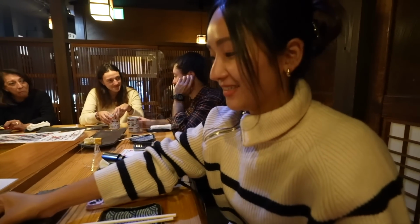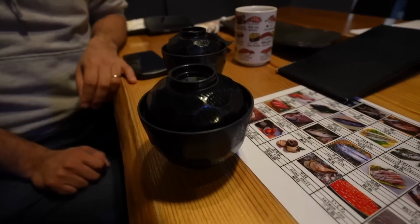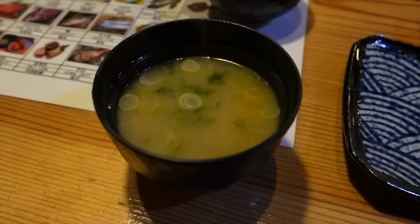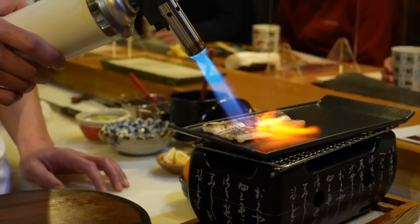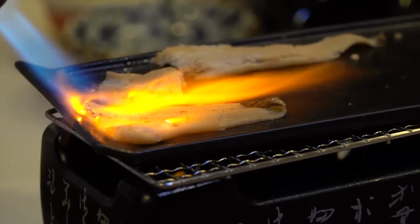Alright. So we were offering them to our team, and it was a great chance for me to go. A woman just appeared behind me, slid the door open, and came with miso soup, so very welcome. Really nice seafood flavor, and leeks in there. I'm much more used to it. I'll be honest, like the last thing we